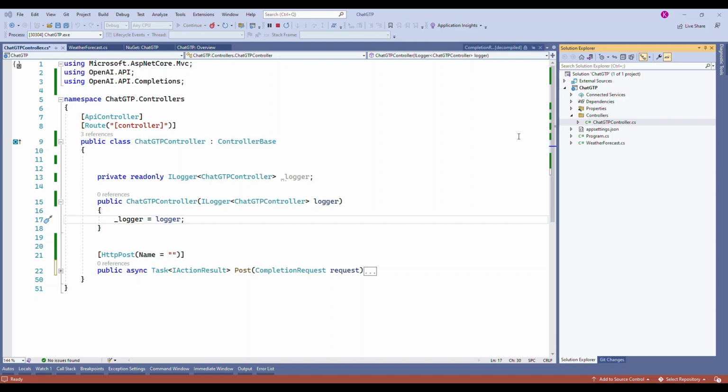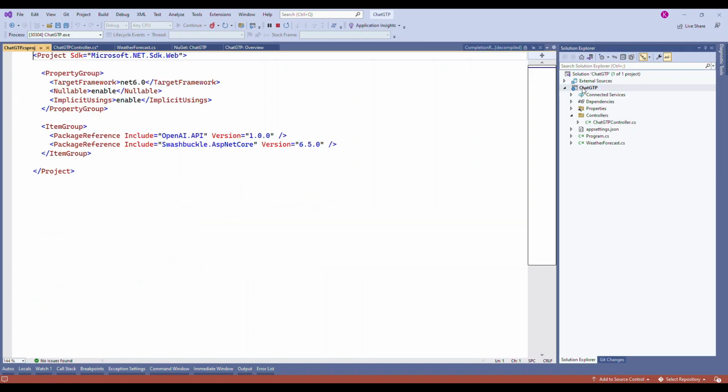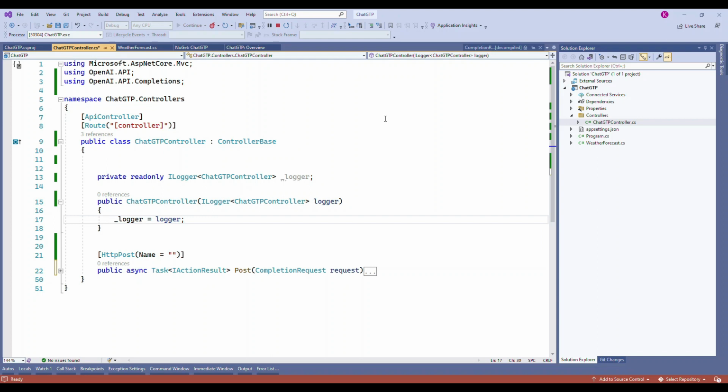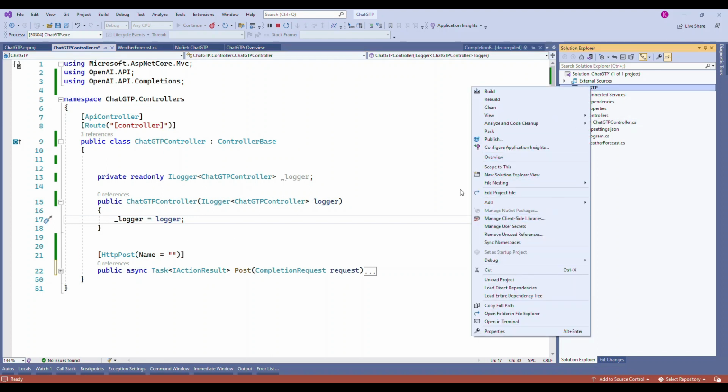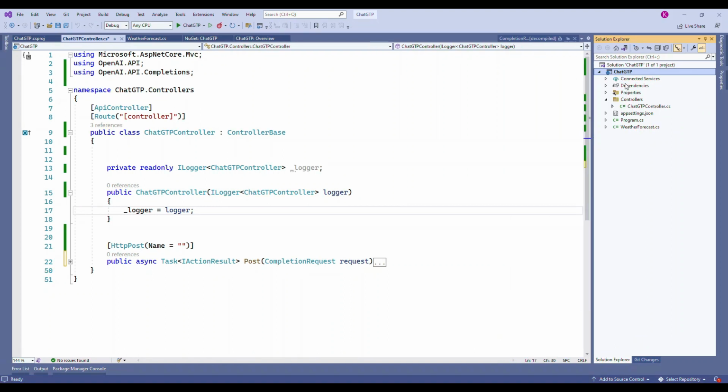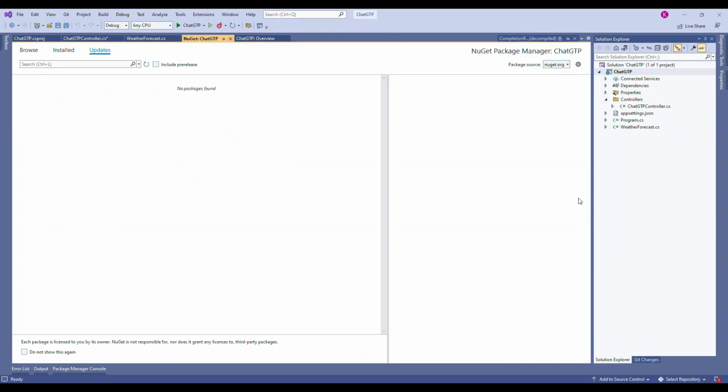All right, so I created a web API, .NET Core Web API, and that's just version 6.0. That's a long-term support version. So I created this. I created a controller, and then it's very easy. Right click on the project, go to NuGet package, and then you just have to type